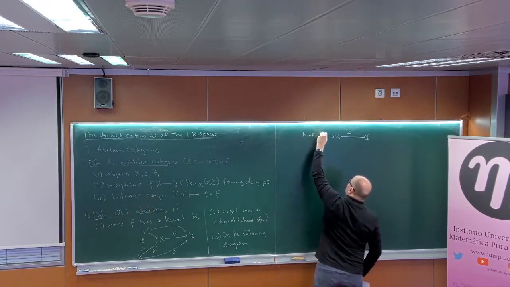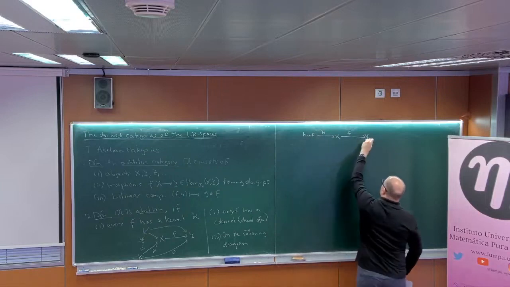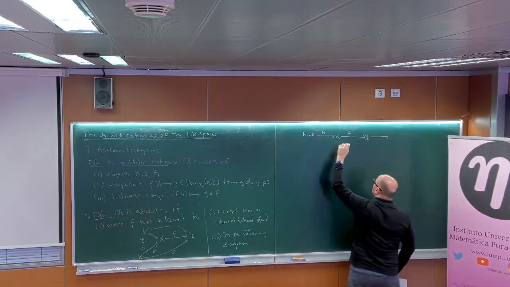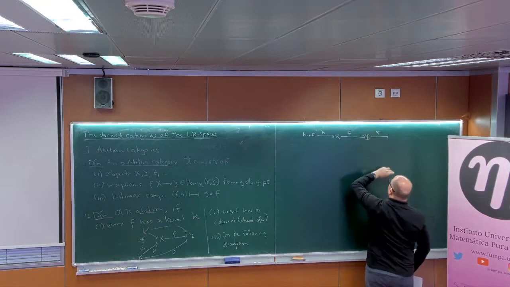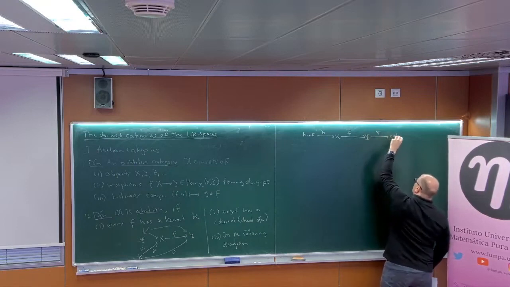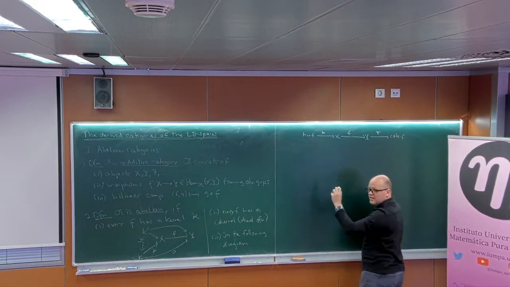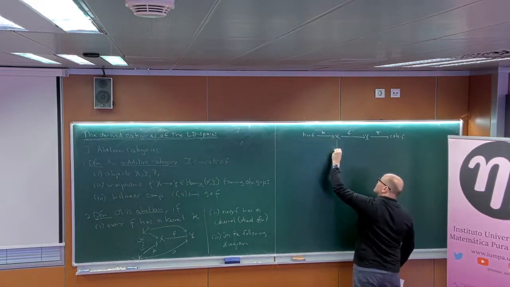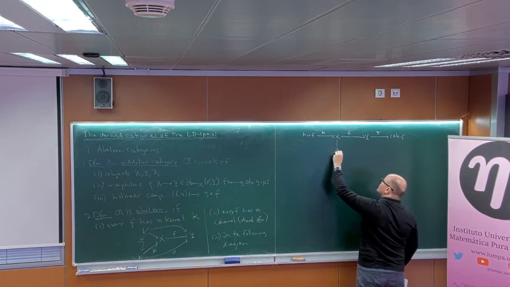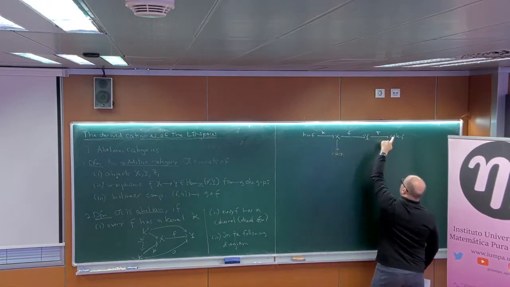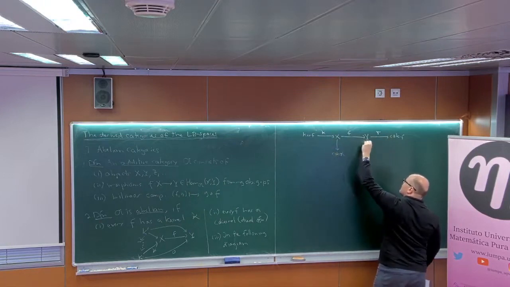And here we have this kappa, and we can take here the co-kernel of this f. Let's call this gamma, and now we can take of this kernel here again the co-kernel. So co-kernel kappa,